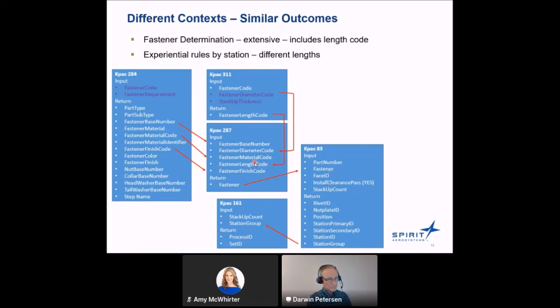So even though the fastener approach in general was the same, we calculate the length to come up with the appropriate length code. That's a simple and effective way to manage context changes, where the larger context may be very similar with a minor change with the KPAC, you can come up with an appropriate contextual difference.